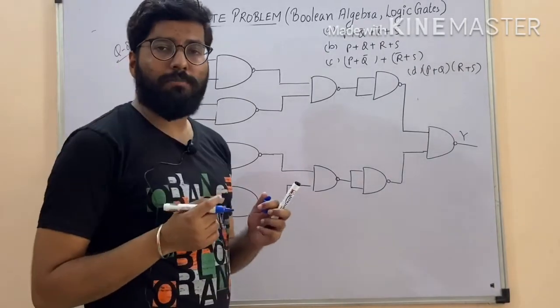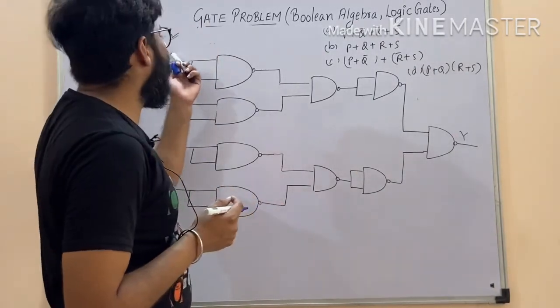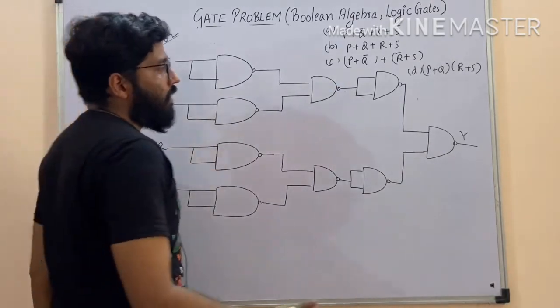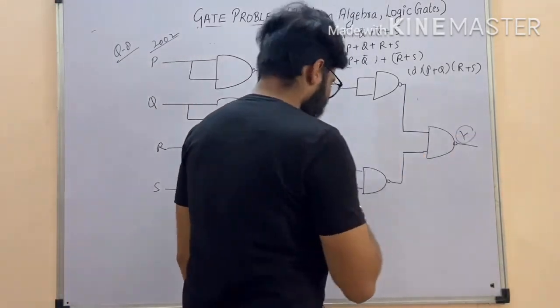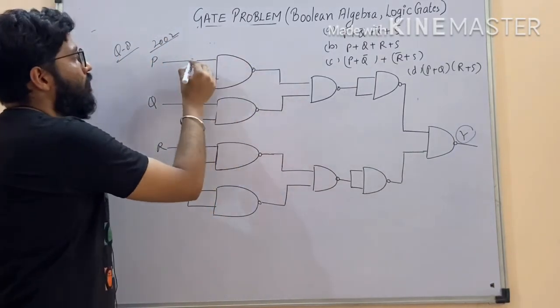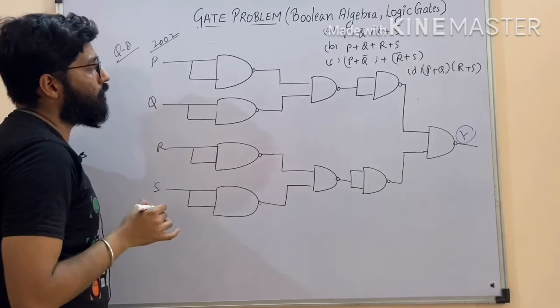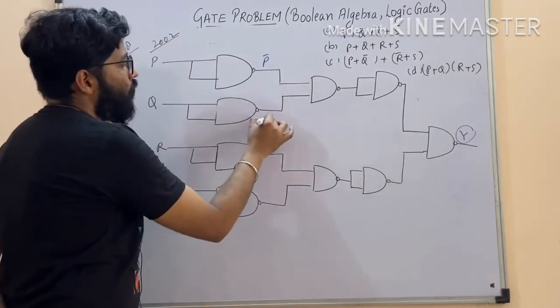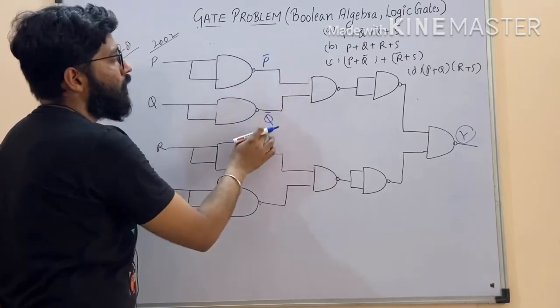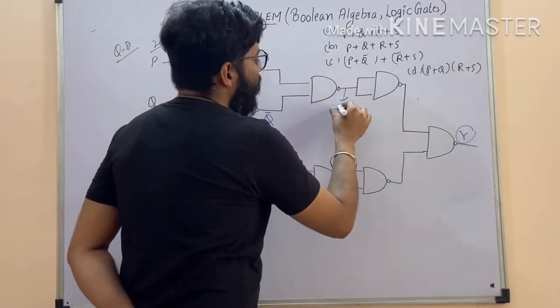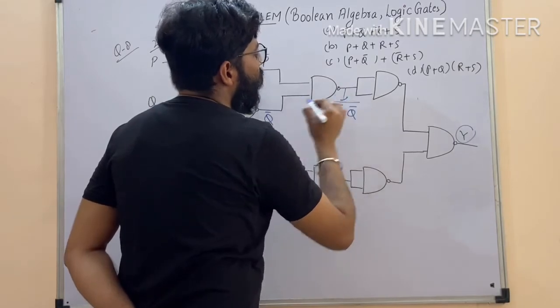Now see the last problem, that is asked in GATE 2002. This is the logical circuit diagram. You have to find the Y. Okay. So now see, this is the NAND gate. So here P and P is applied to the NAND gate. We will get here P complement is there. Here we get Q complement. This P complement Q complement is applied to the NAND gate. We will get (P complement Q complement) to the whole complement.